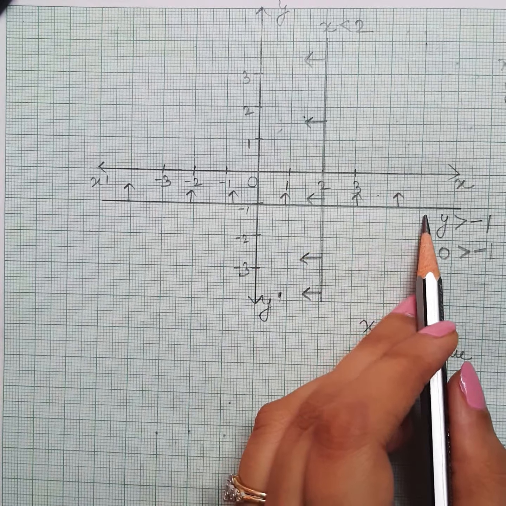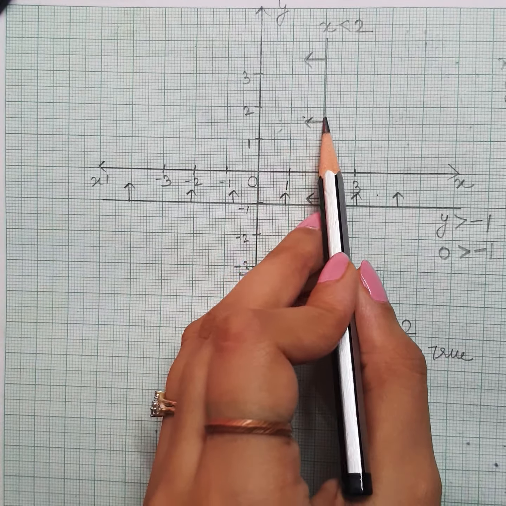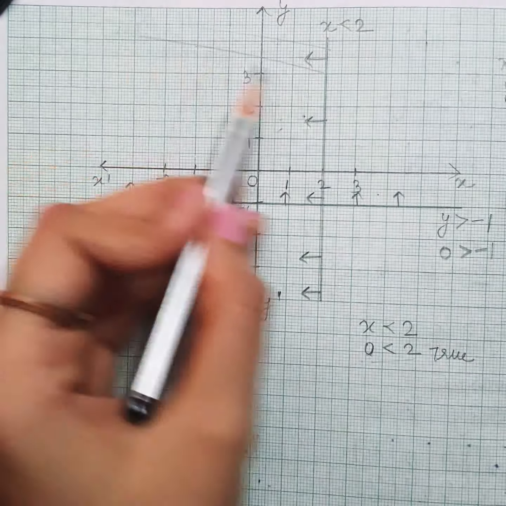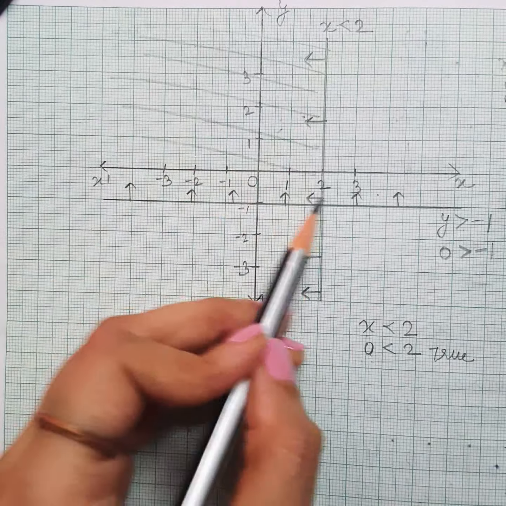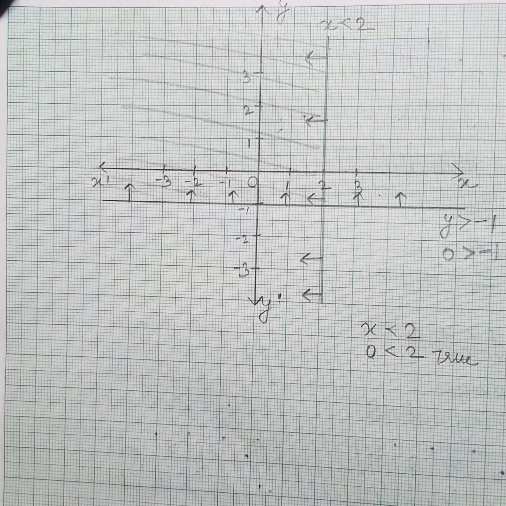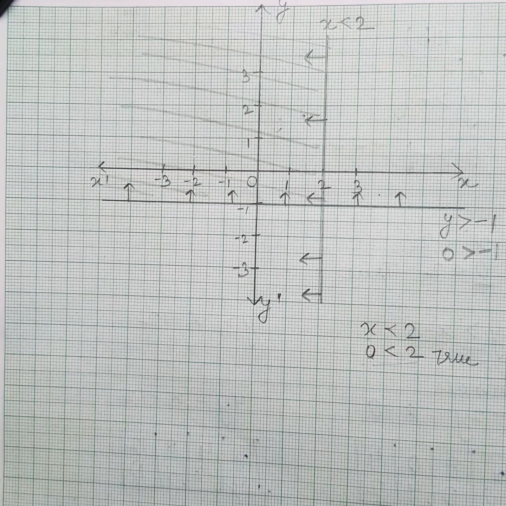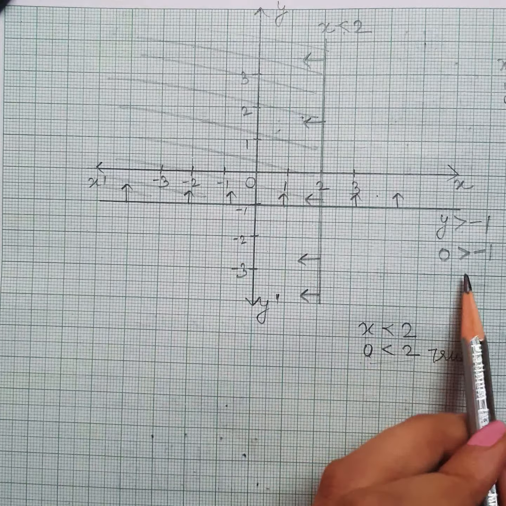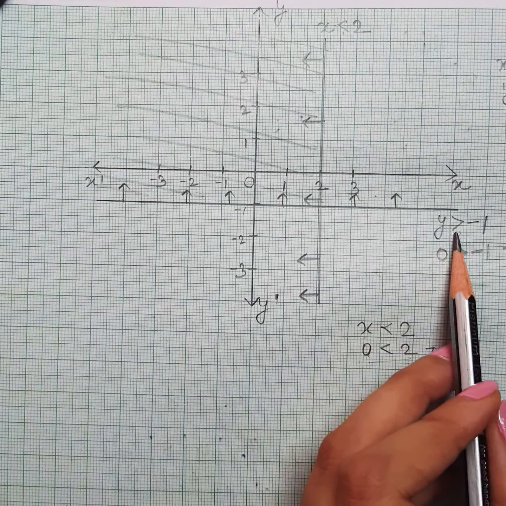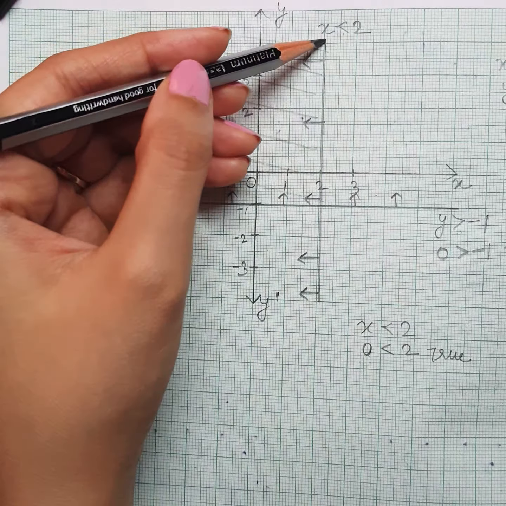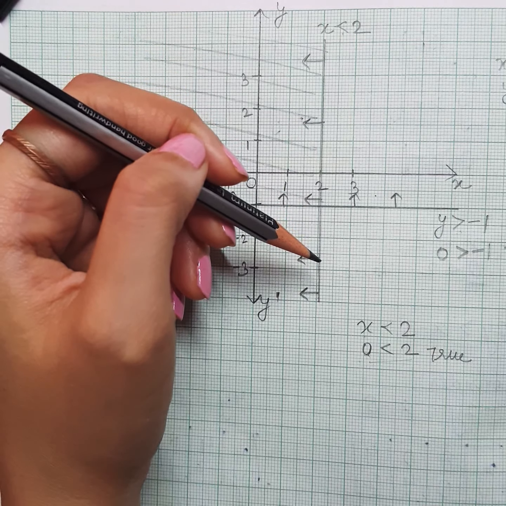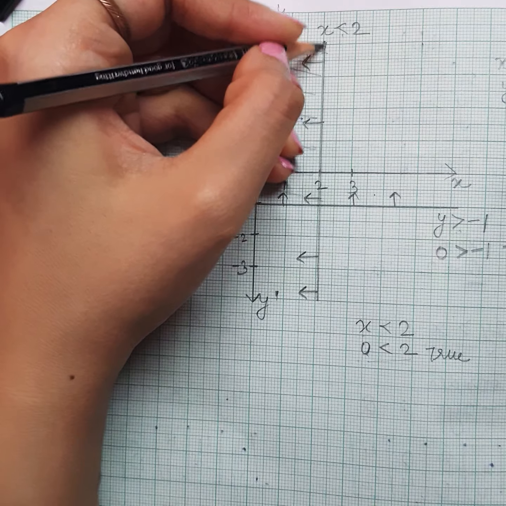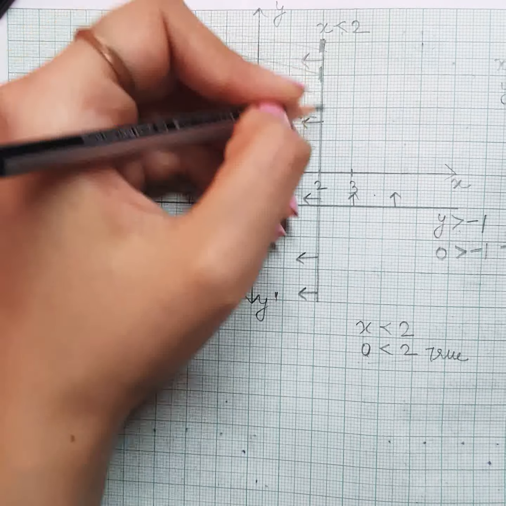Now you can clearly observe the common area. Here the shade is to the left, here it is up. So the common area where the shade is supposed to be is this, and this is going to be the answer. Second observation is, since the inequations are less than and greater than, not less than or equal to, the points on the line will not be included. So in that case, the line should be dotted in place of complete.